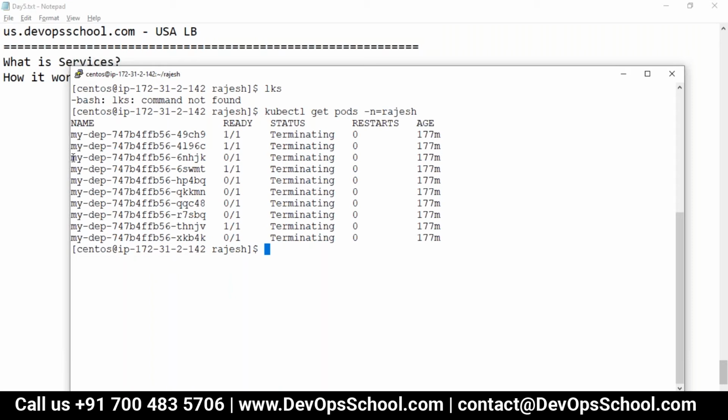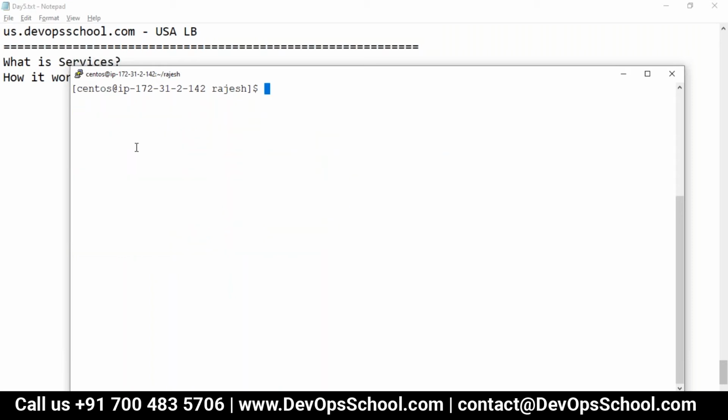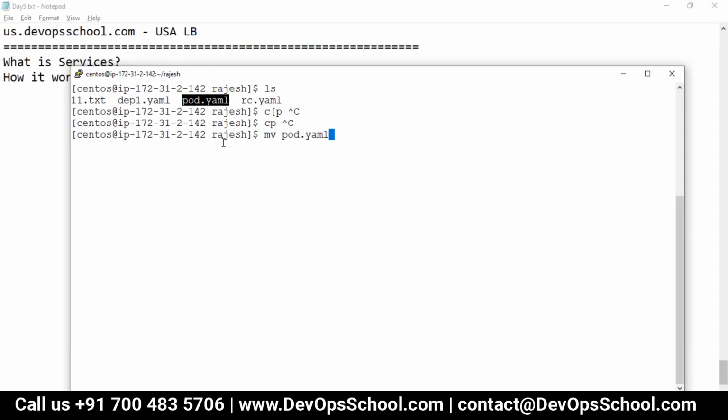So now what I need to do, guys, I am going to create two pods. This is pod one, and this is pod one, right? So cp pod one to pod 2. This is a 2 file.